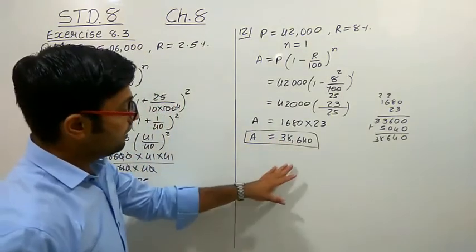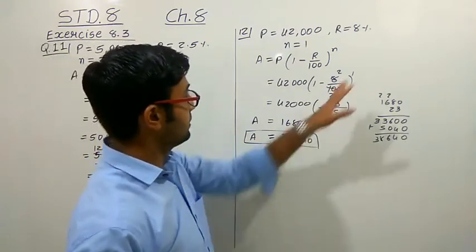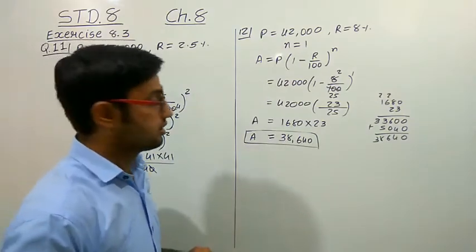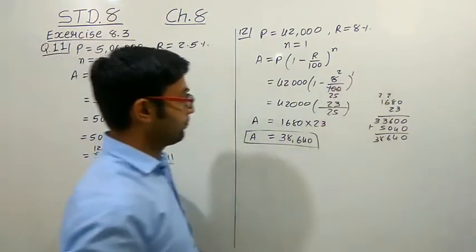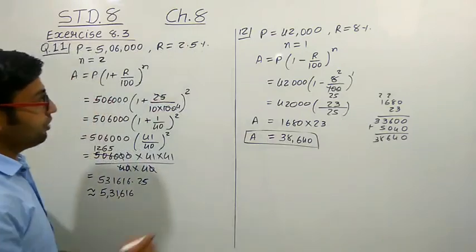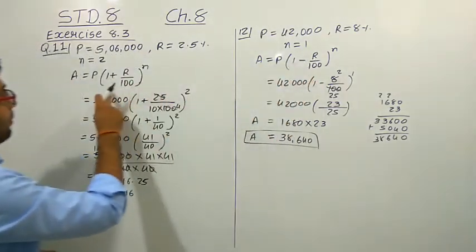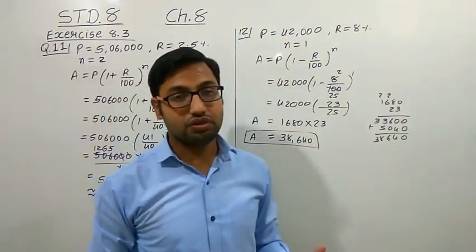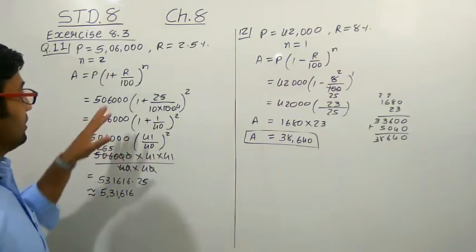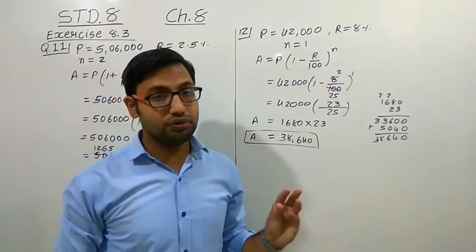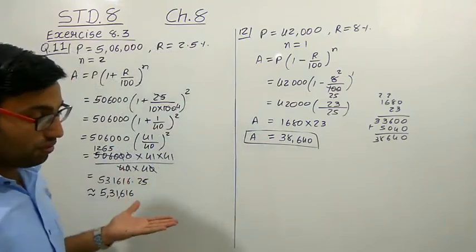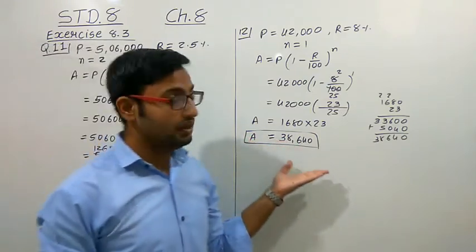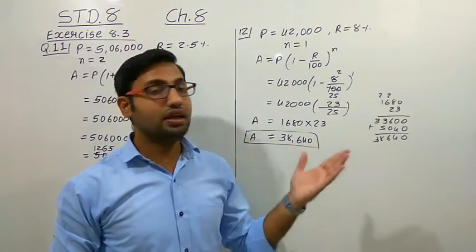38,640. In the same way, if the rate is the same but the number of years is 2, again this price gets decreased, because here we have to take the power 2. So this is the formula for calculating compound interest. But here we are using it to calculate these types of applications, right? So this formula is useful either to count the population, or the number of bacteria, or this type of price increase and decrease.